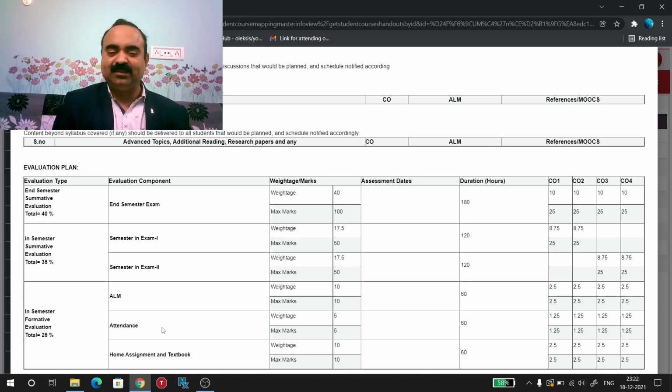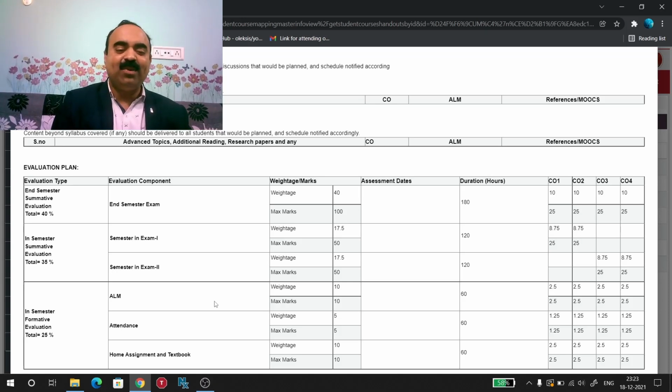If it is between 95% and 97%, you will get 4 marks. If it is between 98 to 100, you will get 5 marks. That means by attending 100% or 98% of the classes, you can get 5 marks in each course.